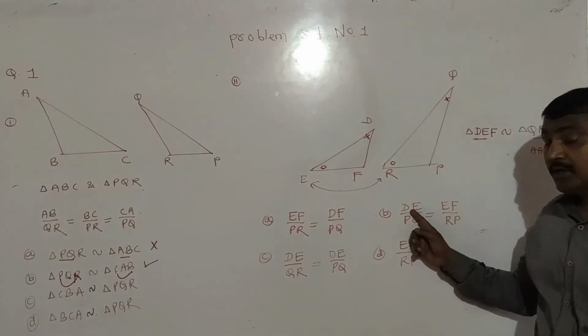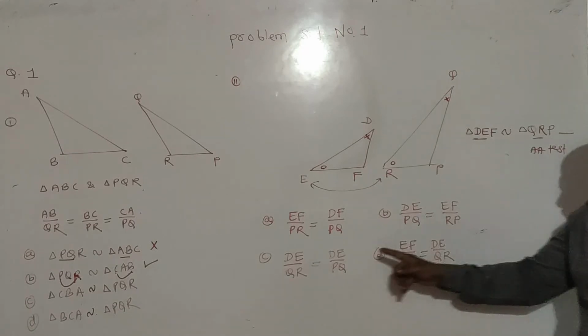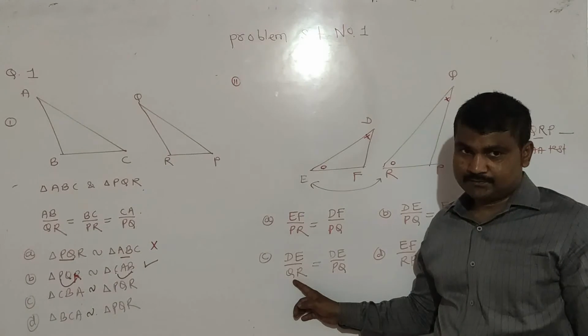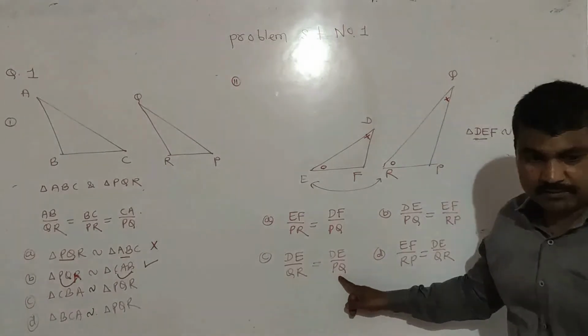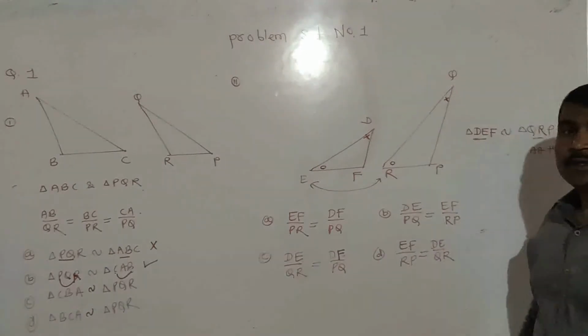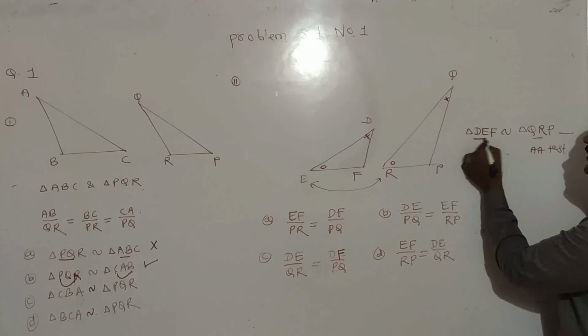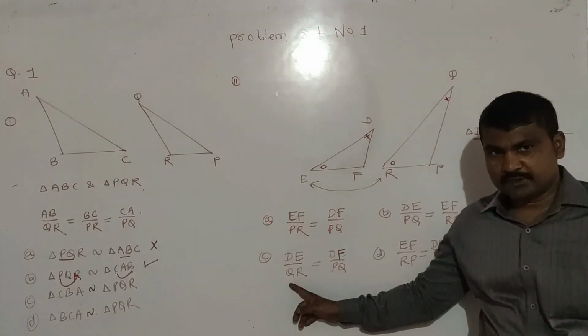Below D, the term should be QR. Here D is mentioned. In option number C, QR is written below D. Okay. Now check second. Sorry, I think option number C is incorrect. Sorry, option number C is D upon QR. यहाँ पे देखो D की corresponding side कौन सी है? QR. D upon QR. Option number C.